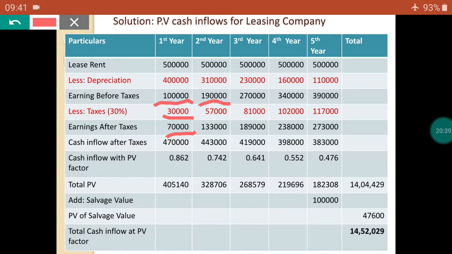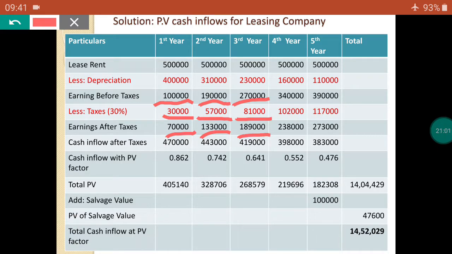The tax of 30% is 57,000 rupees. 1,90,000 minus 57,000 rupees equals 1,33,000 rupees. Next, third year, the EBT is 2,70,000 rupees minus tax of 81,000 rupees, and you get